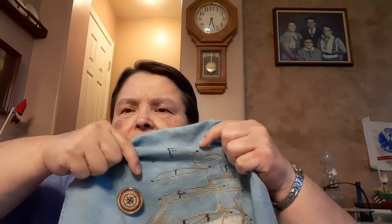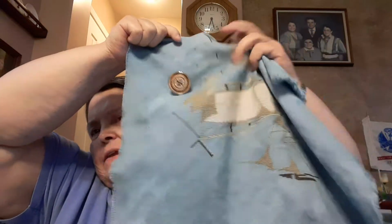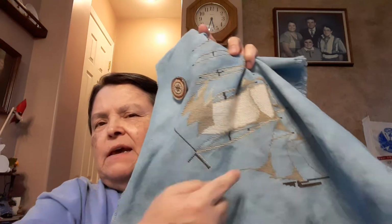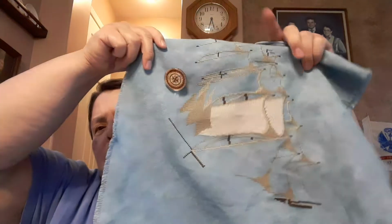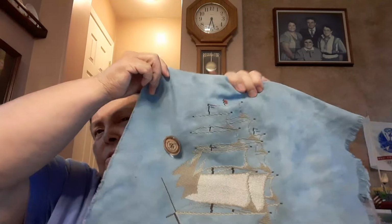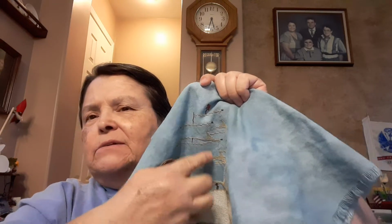And then all the little spar ends, that's brown, and then some masts, and then the spit on the end that the jibs are attached to, and then the back end of the aft sails, whatever, jibs, whatever. Yeah. So the boat itself, the ship, is in this bottom space down here, underneath, below this, and the water. And the last thing I was doing was this dark other tan color here that lines all the